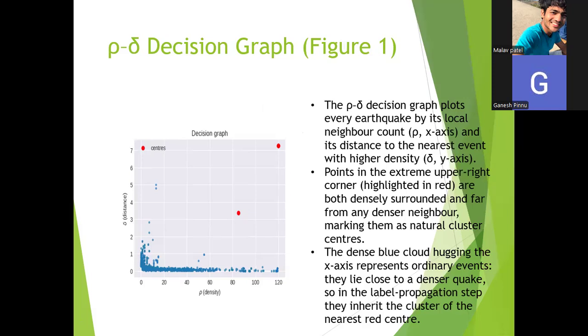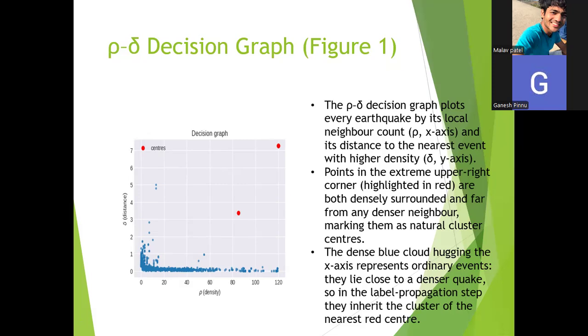Here I'll talk about the rho-delta decision graph. This figure shows the decision graph, a core part of the DPC method. Here each point represents an earthquake. You see on the x-axis rho, how many neighbors are nearby. And on the y-axis,